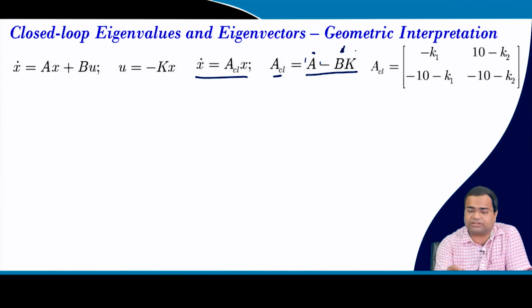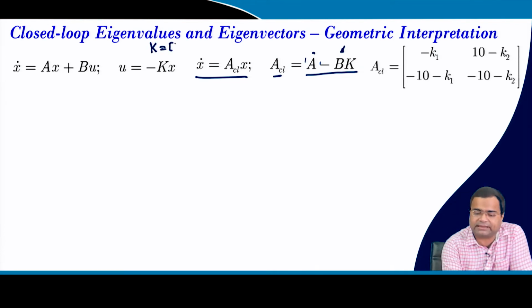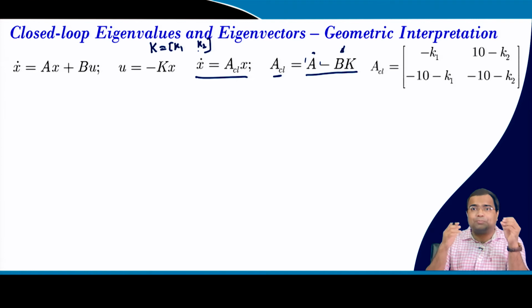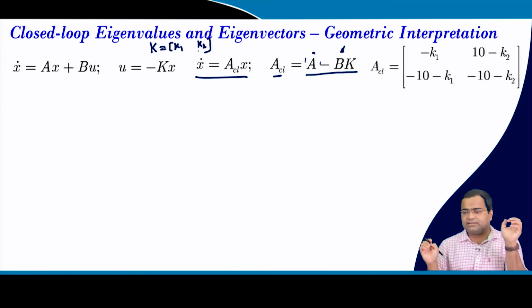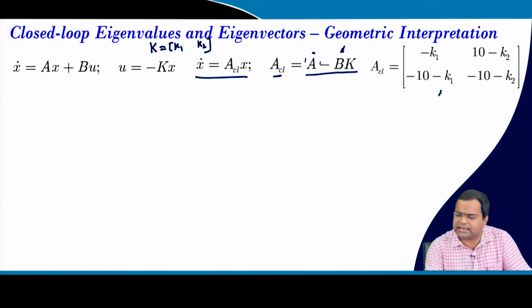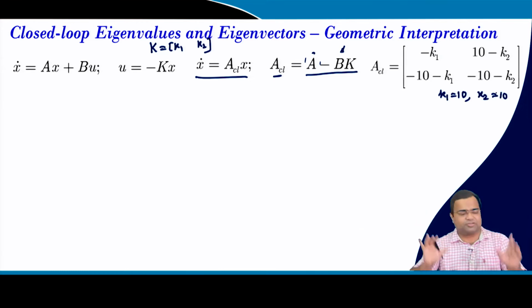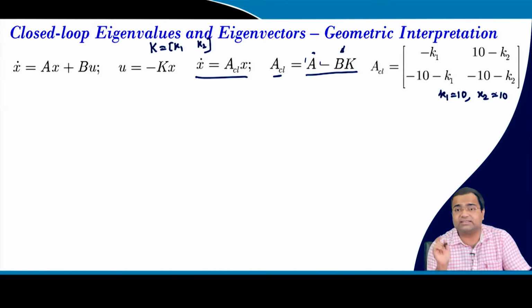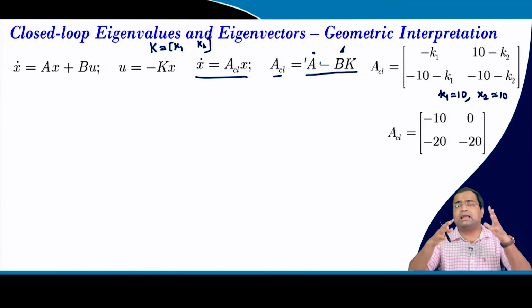Now, once we have considered K to be a set of K1 and K2, we need to choose the gain in such a way that we place the closed loop poles in our desired location, right. So, here I am just showing one example. Suppose I choose K1 equal to 10 and K2 equal to 10, just simple numbers I have chosen. You can choose others, because this gain will come from a desired closed loop location, but my intention is to show that even if you choose the desired location and subsequently obtain this gain vector, you can get another closed loop matrix.